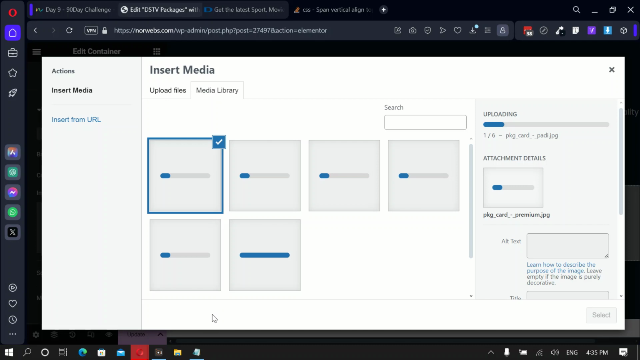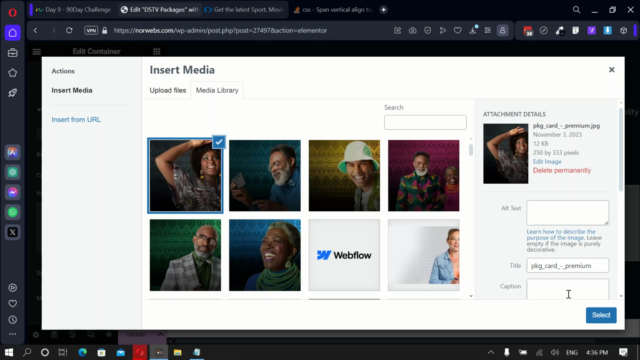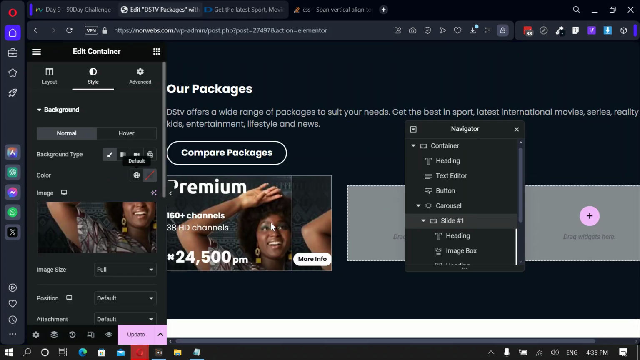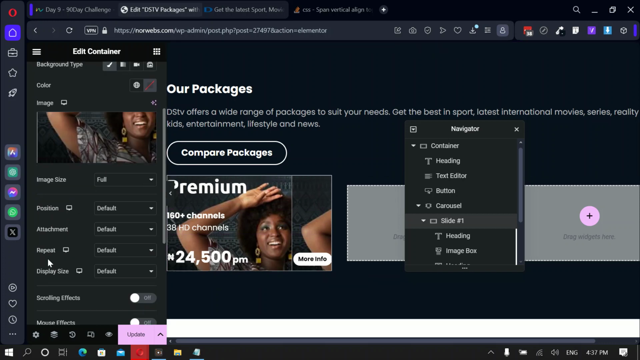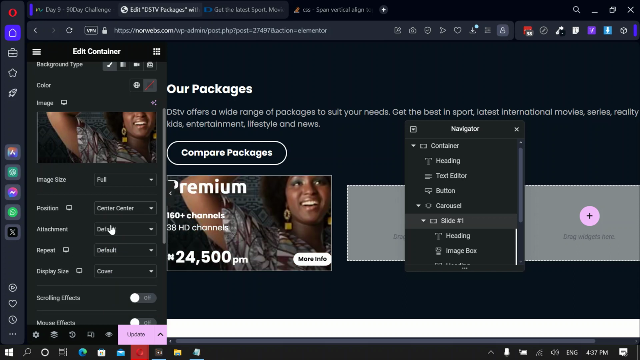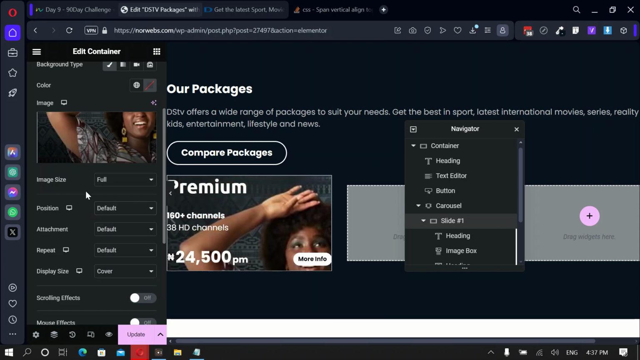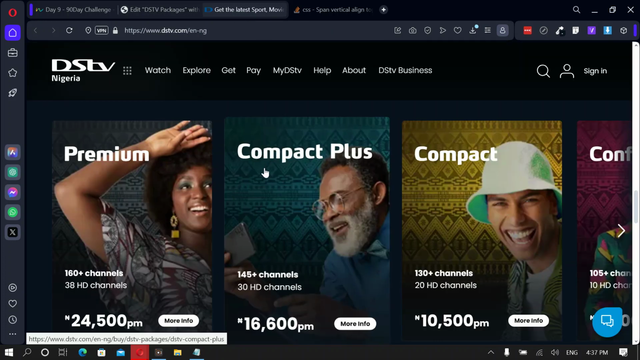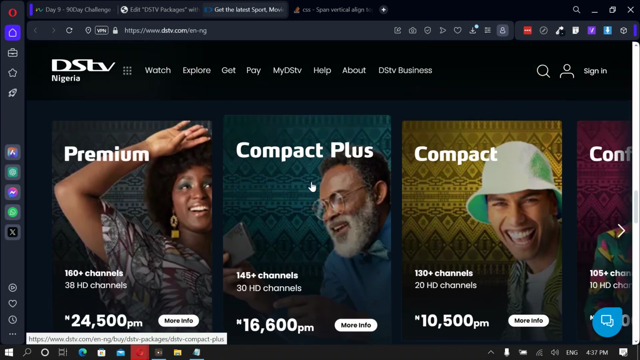All right, so let's just wait for it to finish uploading. Okay, so let's add our image. So this is our image. Then it has to be full size, that is cover. Okay, then of course center, but let's just leave it at default for now. Then the height, we need to give our carousel a specific height, the slide itself, and that height will be constant